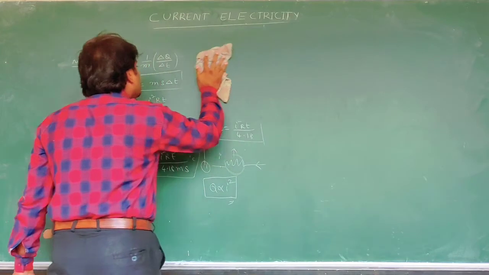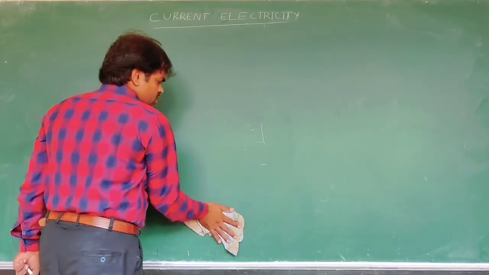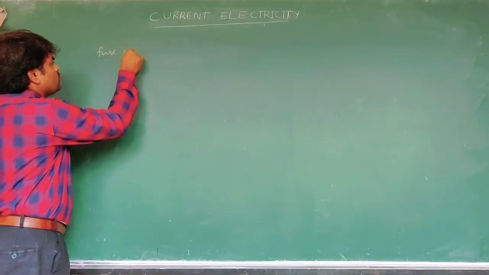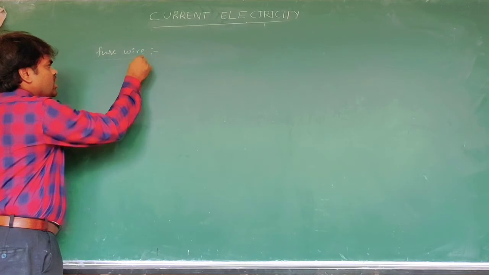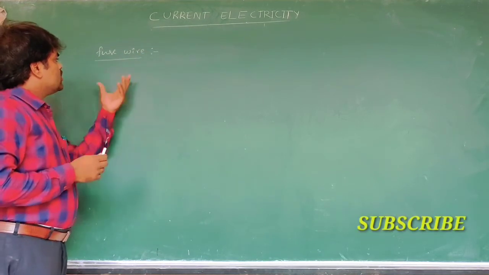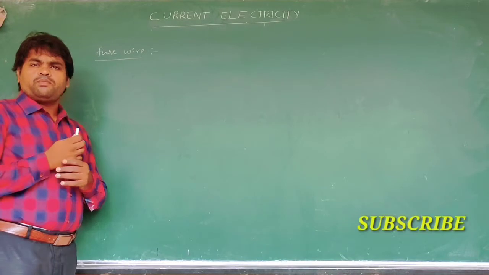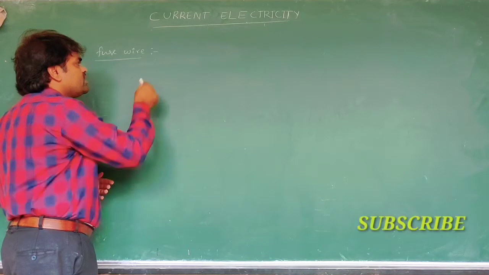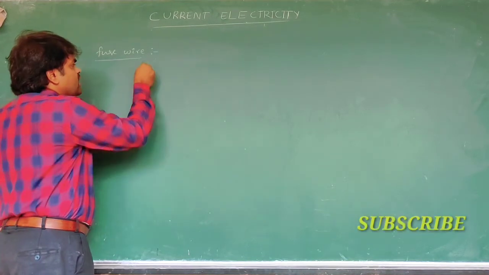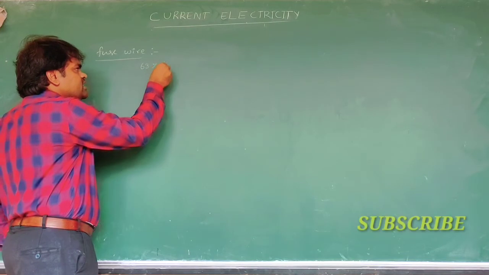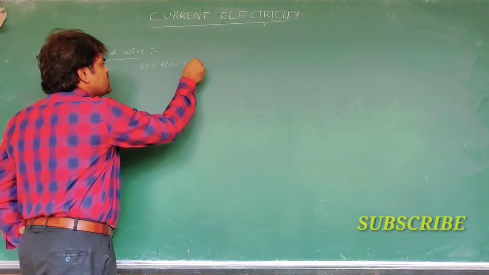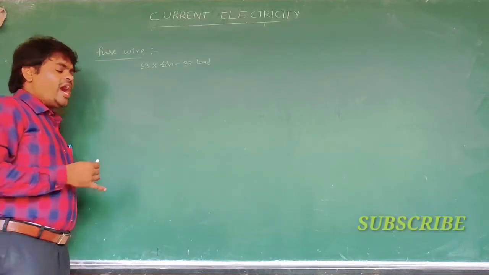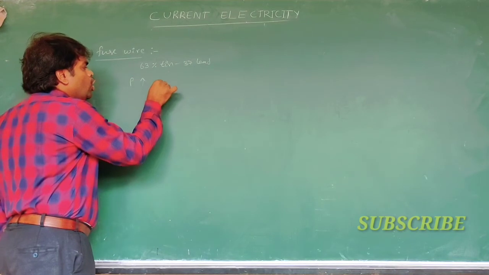applications of Joule's law. This is a very important one, and the problem is also very important. That is the fuse wire. The fuse wire is generally prepared from a thin lead alloy, that is, tin 36% and lead 37% in the alloy. These fuse wires have high resistivity and low melting point.